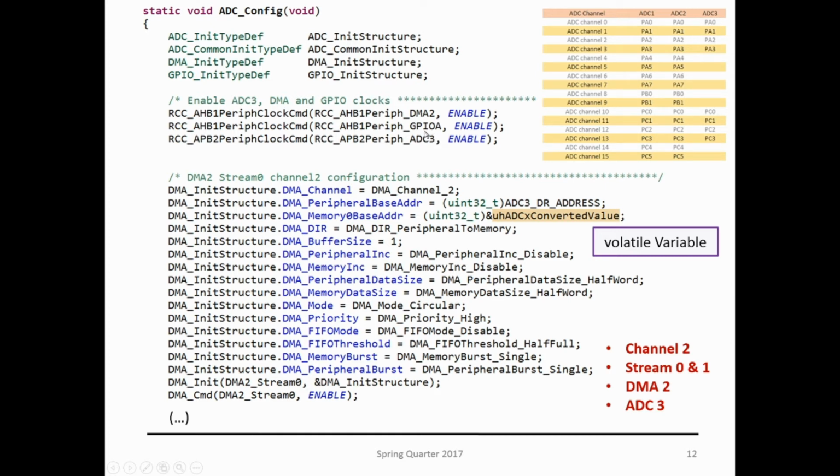So it uses GPIO-A, ADC number 3. So we enable all the clocks for those peripherals, and then we parameterize the DMA. And notice here that I have the volatile variable. I have the DMA pointing to that volatile variable, and the buffer size is just 1. It's not an array, just one of this type. I pick channel number 2,